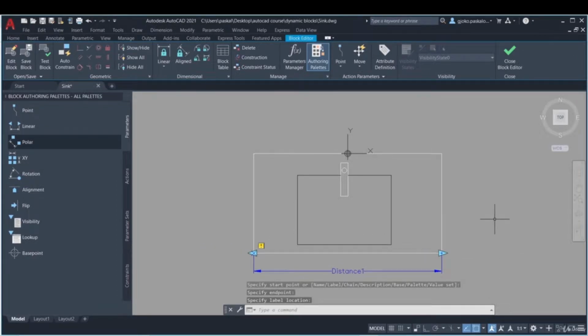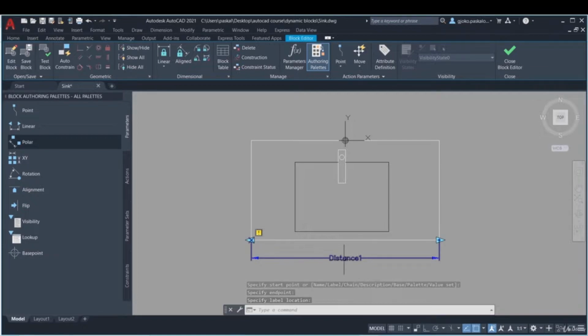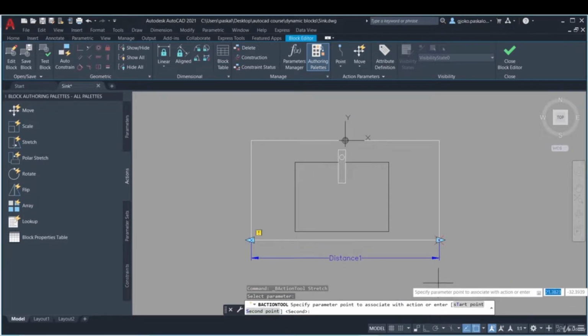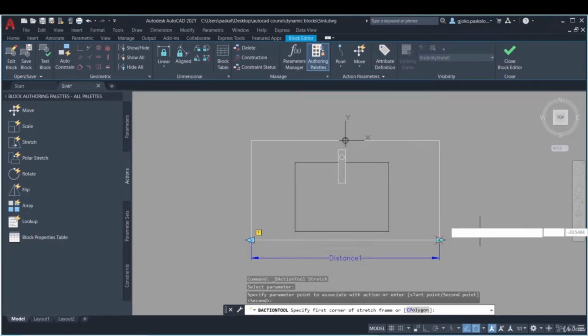Now I'm going to use this linear parameter and assign it to our block. As you can see, our parameter is assigned. Now we can assign an action to that parameter, and basically that's how dynamic blocks work. I'm going to assign this stretch option. Firstly, select the parameter. Now I have to specify one of the points. I will use this one and